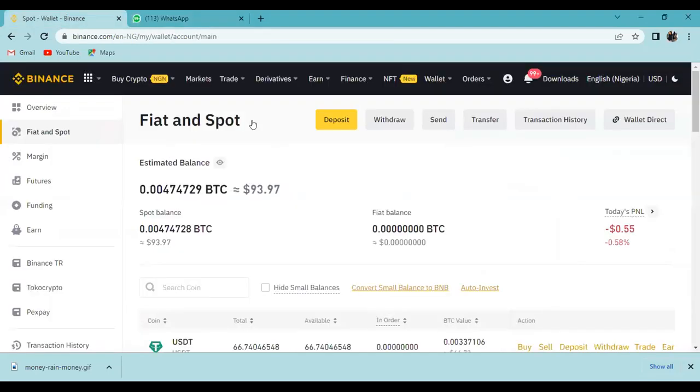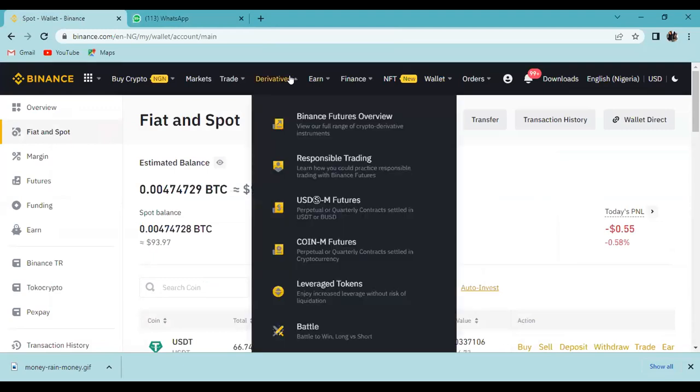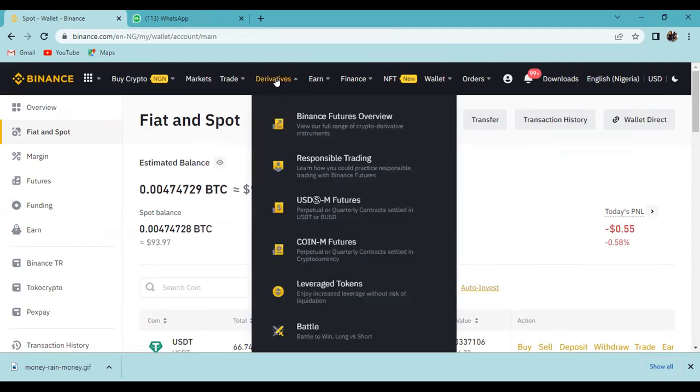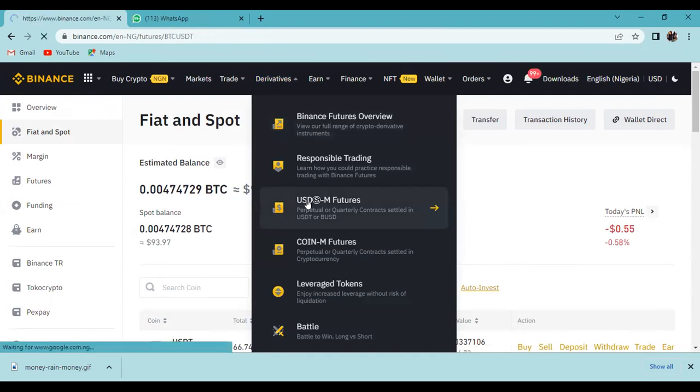Okay, we were here earlier, and the web version is just bigger than the mobile. Okay, so we come to derivatives, USDM, which was the same thing I was saying.